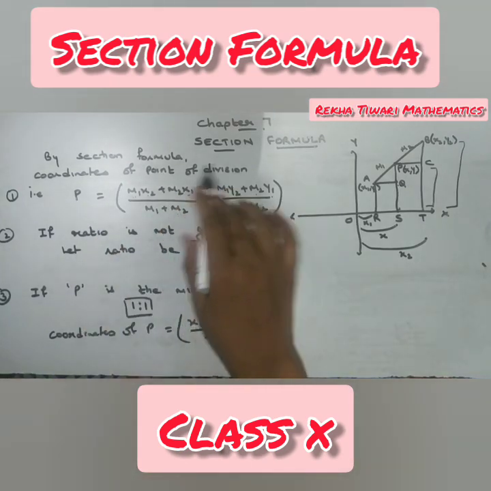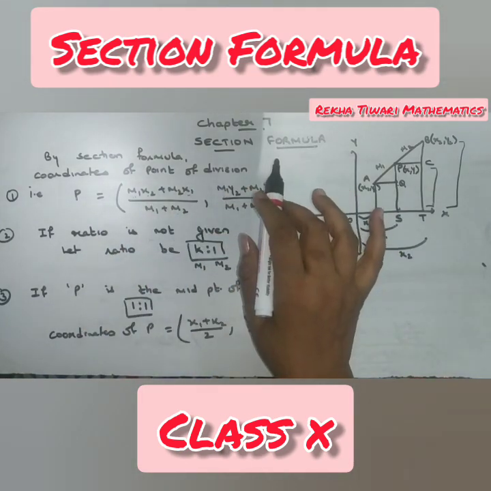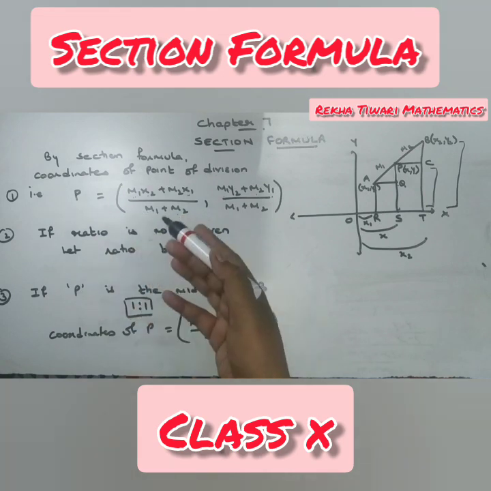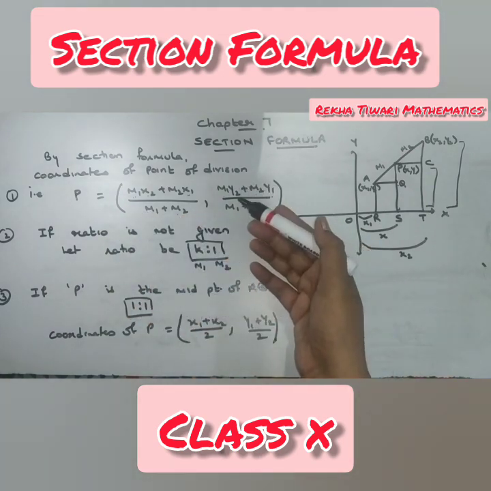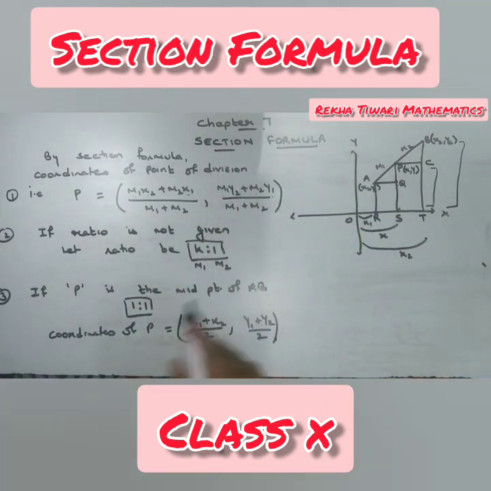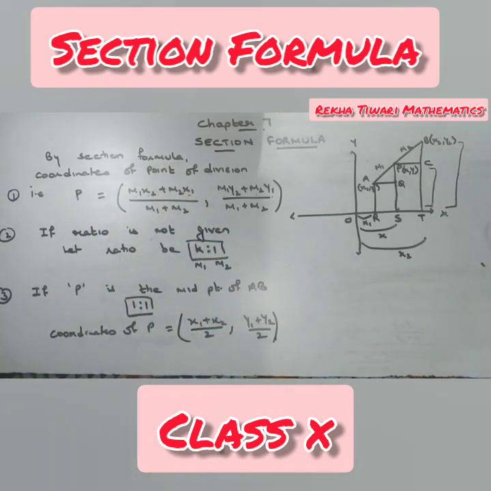If you are interested in using this formula, you can use this also. You just have to put m1 as 1 and m2 as 1. To make this easy, this is the shortest formula if the midpoint is given, if the point of division is the midpoint of any line. So we are using these three concepts for the next exercise. Let us start the exercise directly to make the concept more clear.